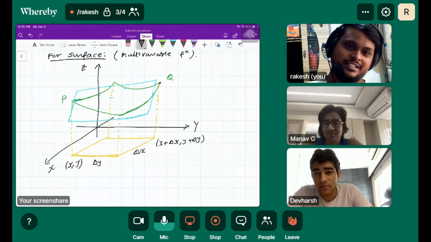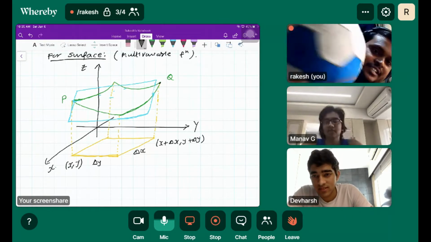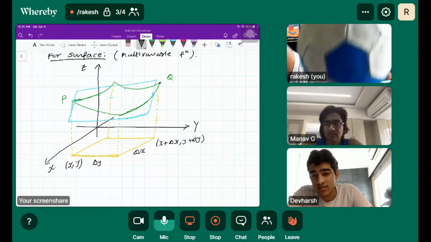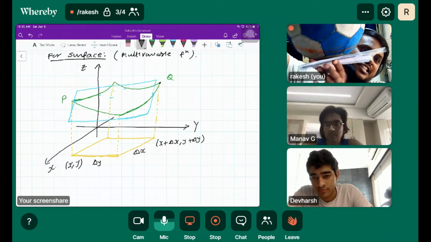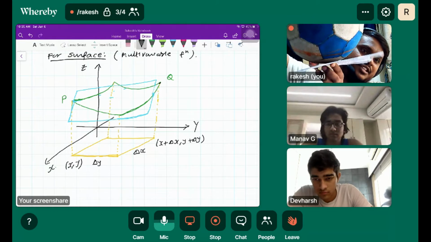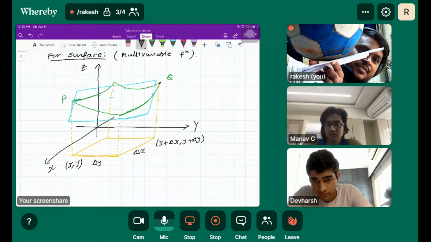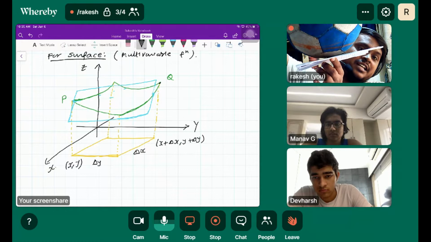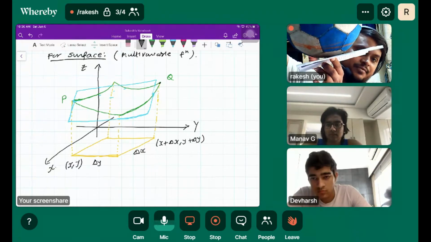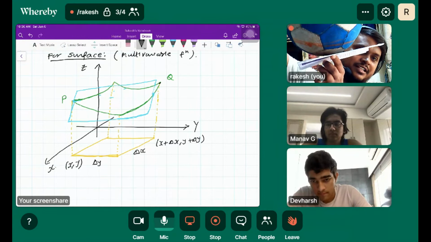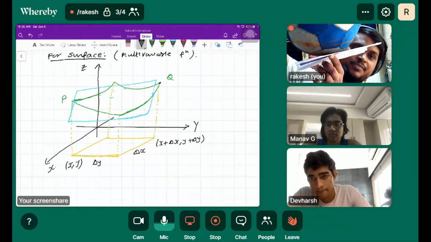So let me see. This is the diagram. Okay, so see, the surface is here. Do you understand? Now this is the tangent plane, right? Understand properly. This tangent is not along the curve, it is not along the surface. And what we are finding is the change in height of the function, or the change in height of the curve. Are you getting that? The same thing we discussed.